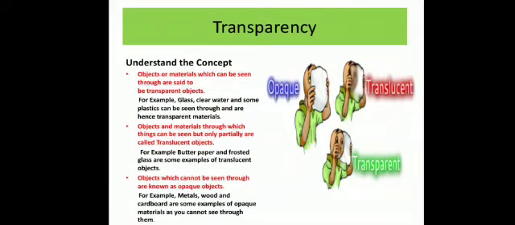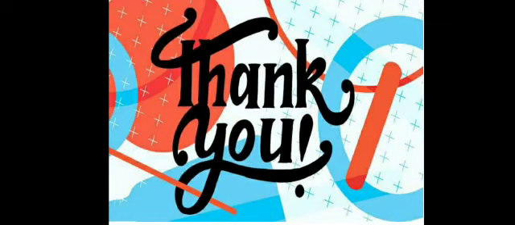Okay, so transparent material allows all the light to pass through it, translucent material allows some of the light to pass through it, and opaque material does not allow any light to pass through it. This is the reason why through transparent we can see clearly, through translucent we can see partially, and through opaque we cannot see at all. Okay, so examples of opaque material: cardboard, wood, metals, bricks, stone, books, etc. These are the examples of opaque material. Okay, so I hope you get it very well about the properties of materials and how we can